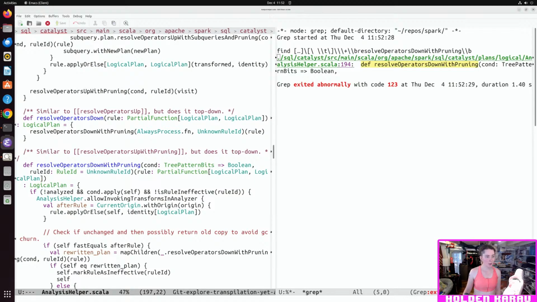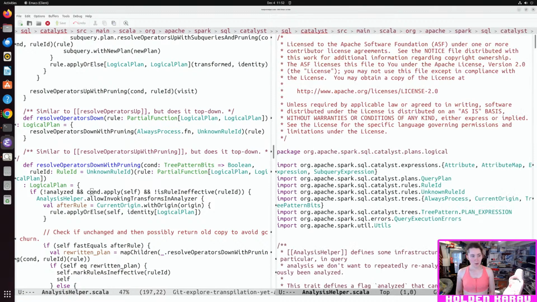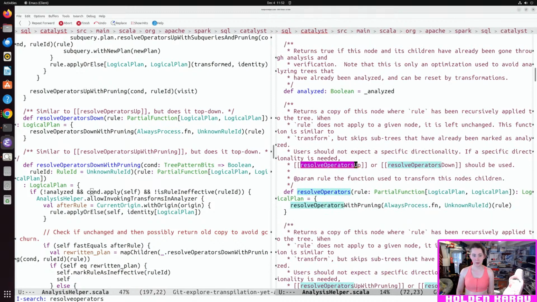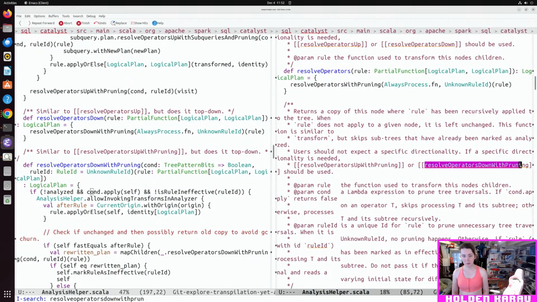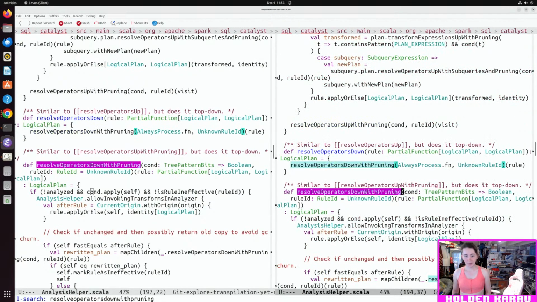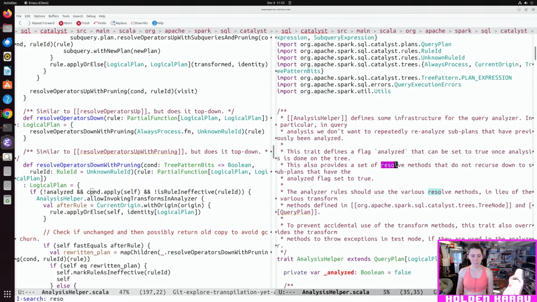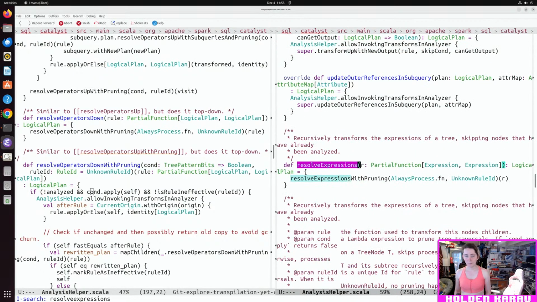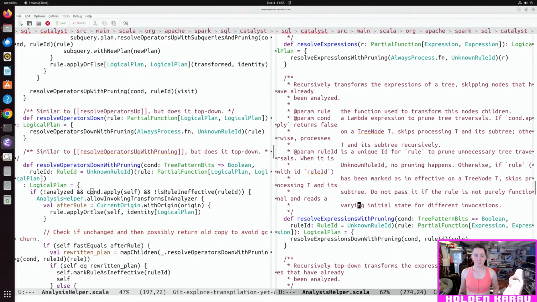So you take a partial function of logical plan. Okay. Resolve expressions with pruning calls resolve expressions down with pruning.